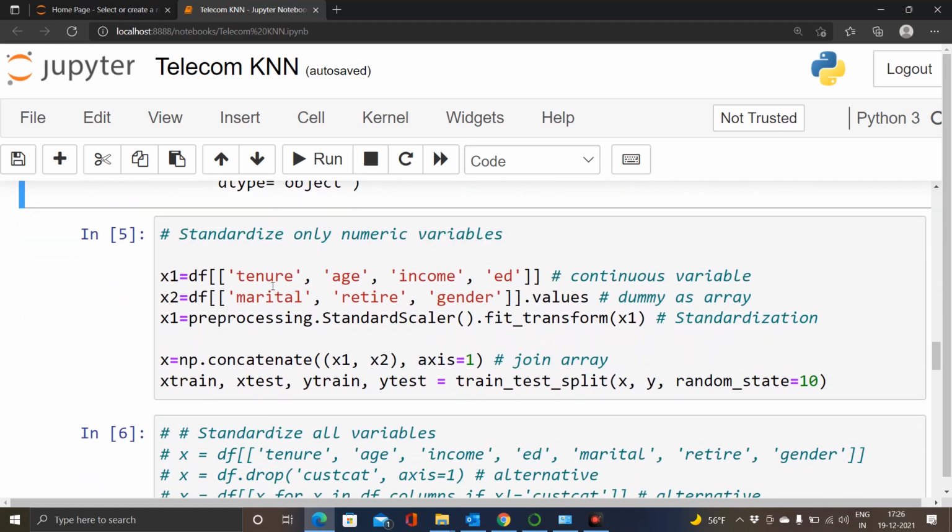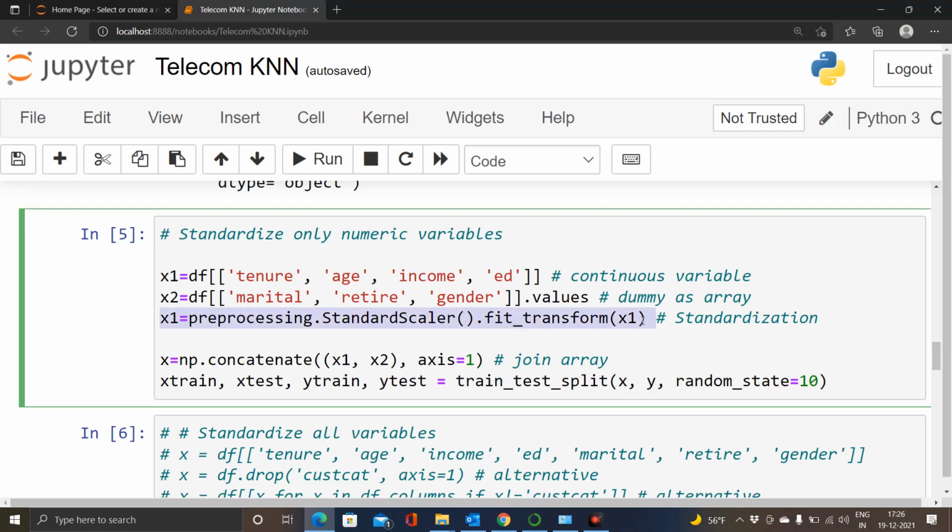Here we have stored tenure, age, income and ed into x1, and marital, retire and gender into x2, and here we have performed standardization on x1. X is equal to np.concatenate of x1, x2 and axis is equal to 1. So basically